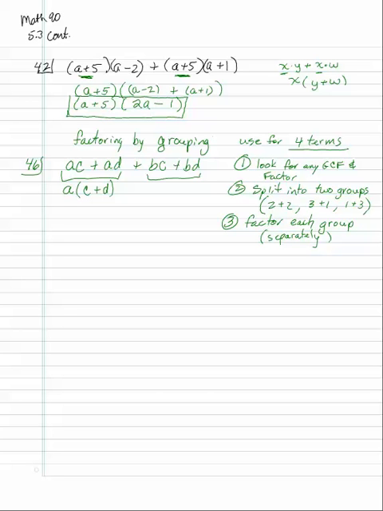Look at the last 2 terms, the second group. So what comes out of both of those terms? And if you say B, you would be correct. Divide out the B, and you're left with C plus D. Now your hope is that the parentheses match. If they do, if it matches exactly, see, that's the key,